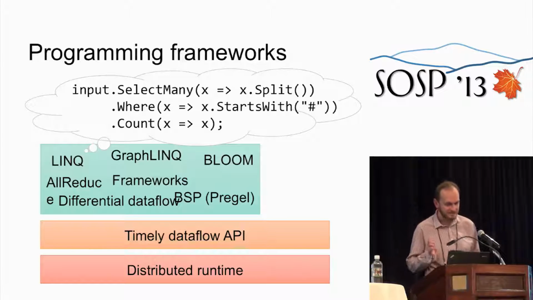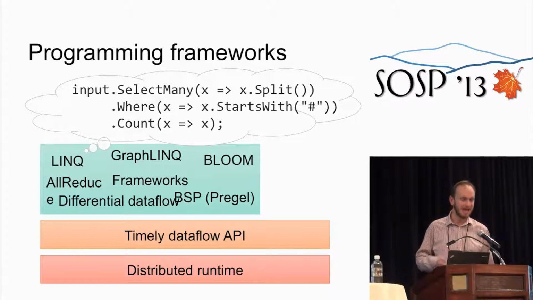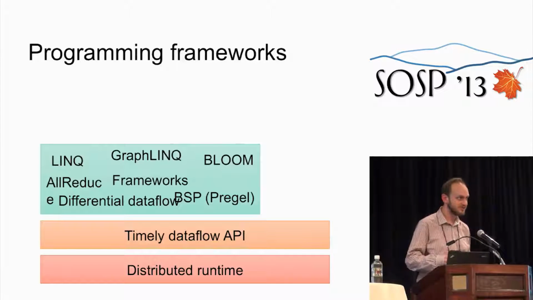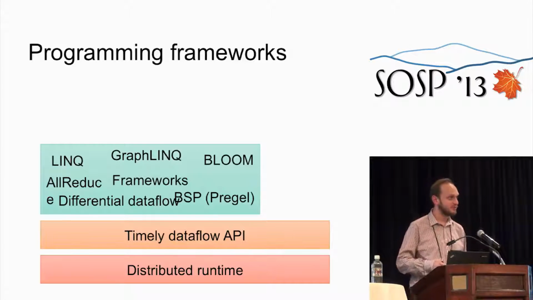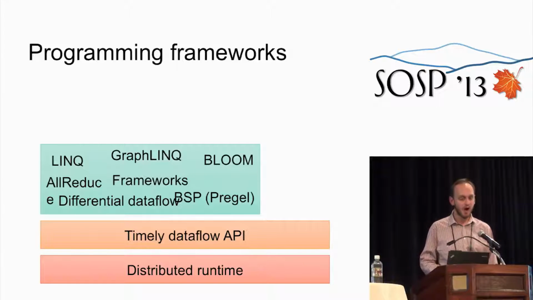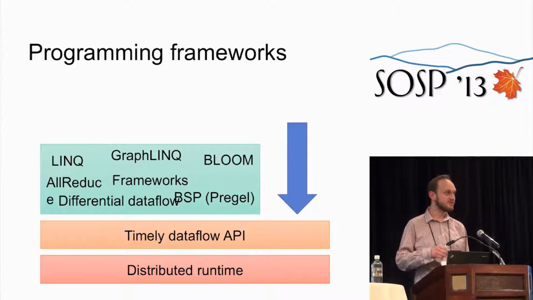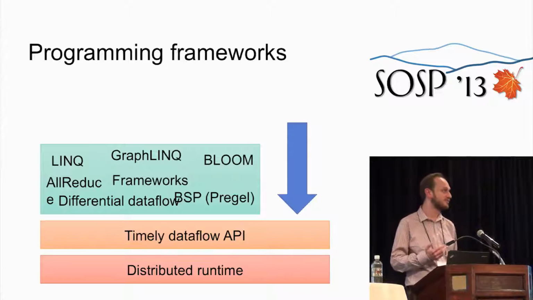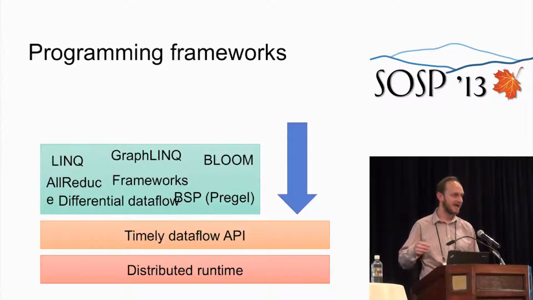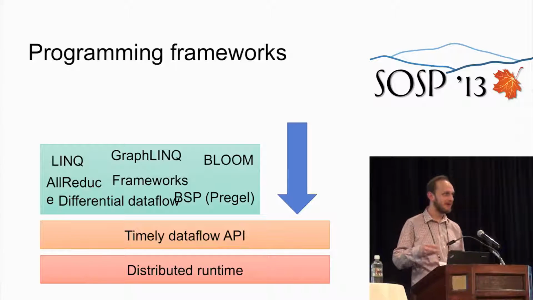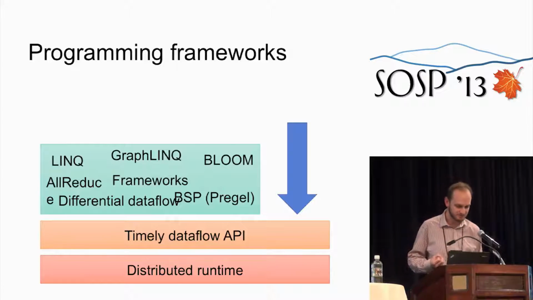But one appealing feature of Naiad is that while we have these high-level frameworks, you're not restricted to a single programming model. You can choose to use one of these frameworks, you can combine many of them in the same program, or you can even use none at all, writing your code directly against the low-level API. This is useful if you know a specialized algorithm that can execute your problem more quickly. We see, for example, plenty of new ways to do graph processing, and you can fit that into the timely dataflow model by implementing it directly in the vertex code. I'll show you a case when we did that later on.